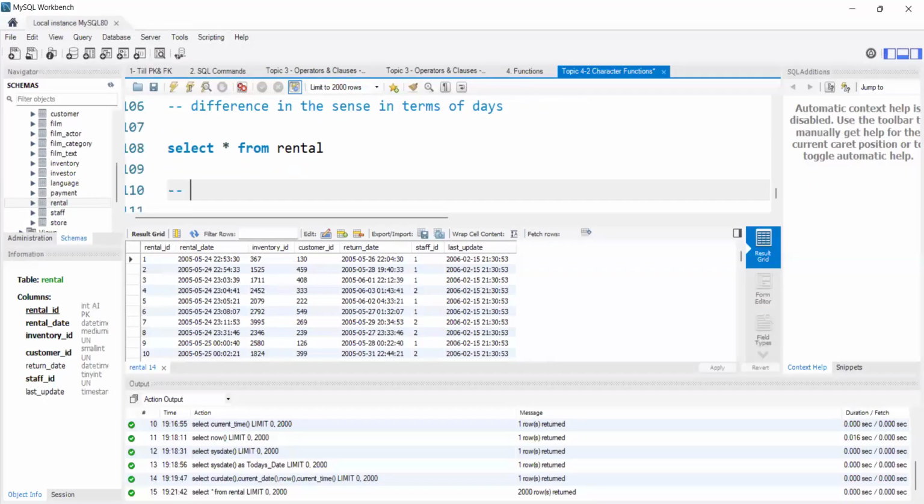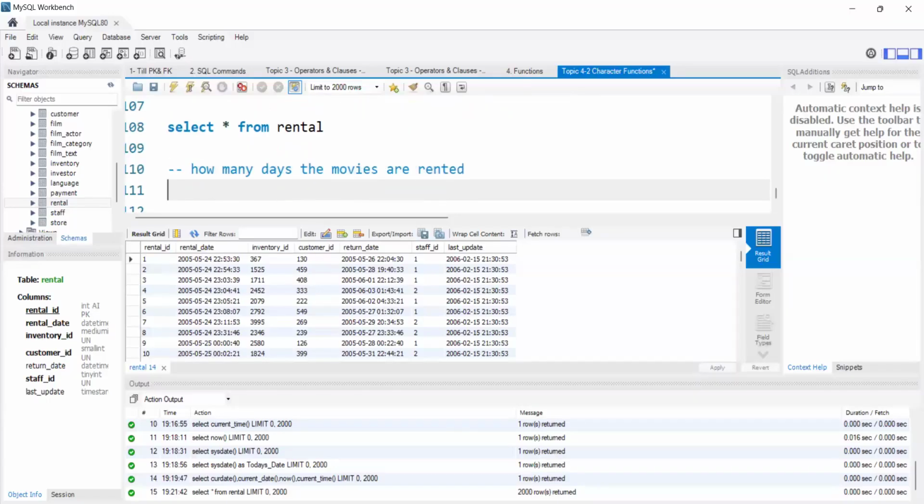See, first let's see the question. How many days the customer rented the movies, something like that. To find that, we need to use a date difference function. First, let me write it as select. I will give asterisk, comma, because I want to display the entire data. Along with the entire data, at the last I want one column to show the difference. I mean, to show the days count, how many days they rented. Okay. So for that,